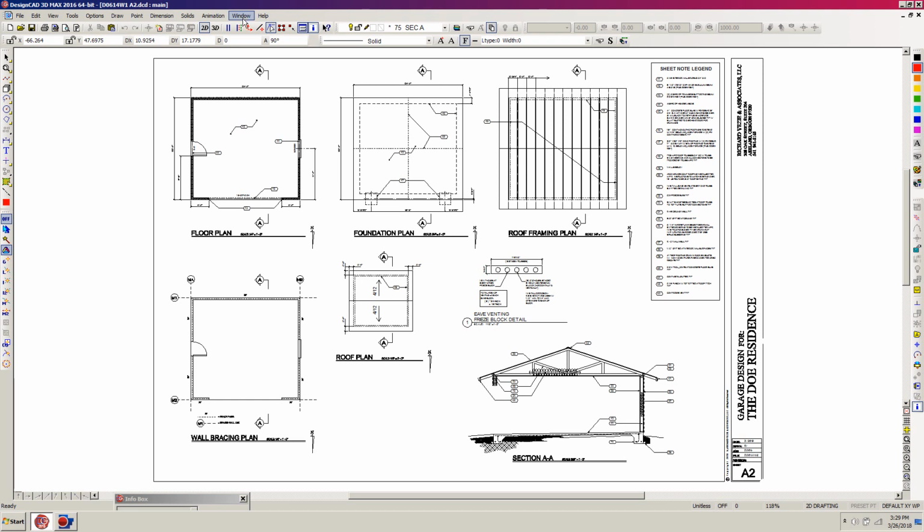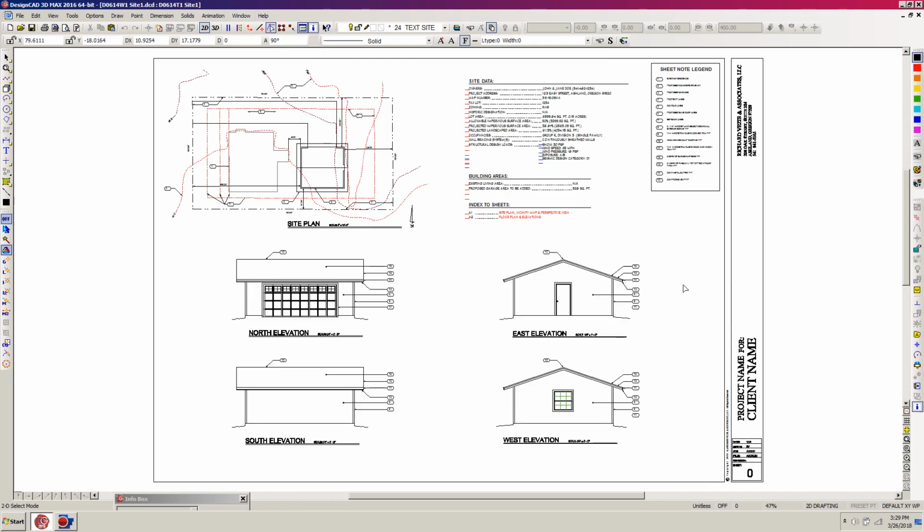So now I'm going to go up to my site plan. I've already had the site plan opened previously, so I'm going to click on the window drop-down menu and go down to where it says D0614W1 Site 1 and click on that one, and that opens up the site plan for me. Because this site plan sheet is at 1/4 inch scale,